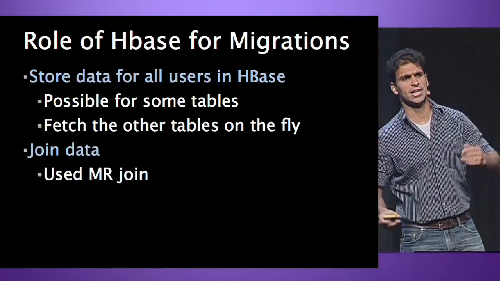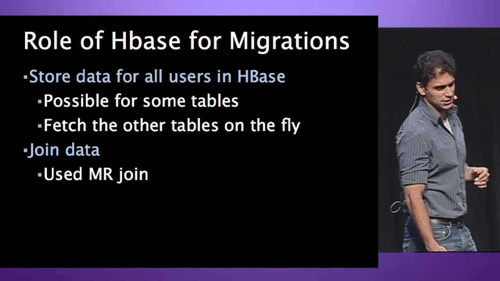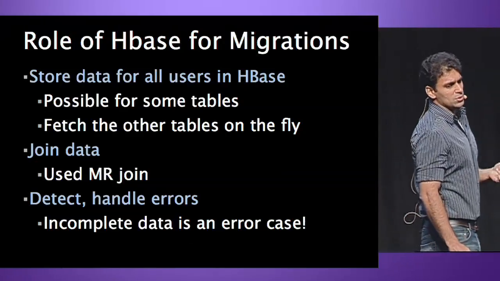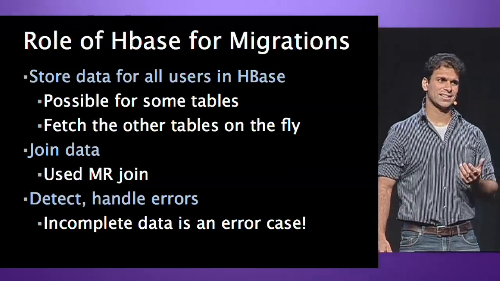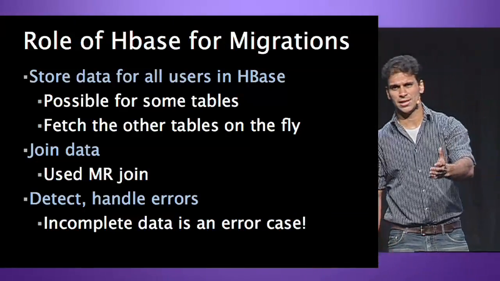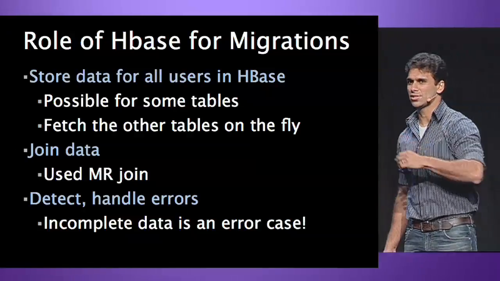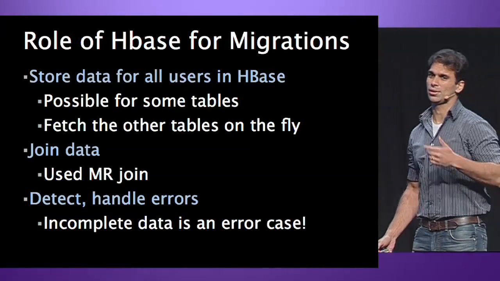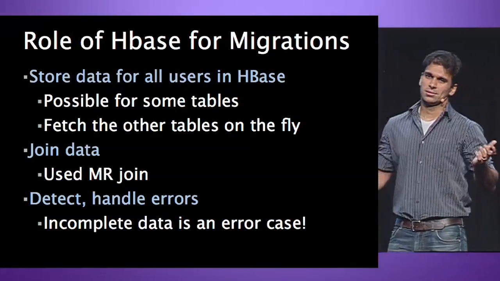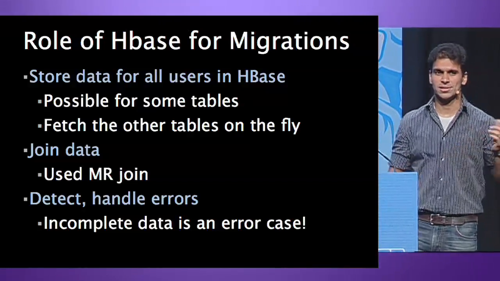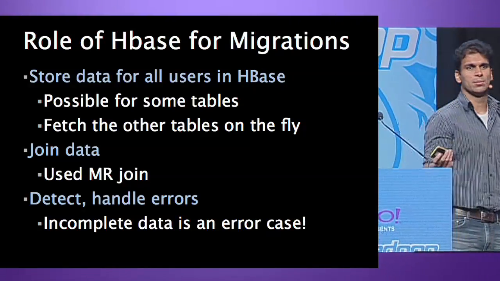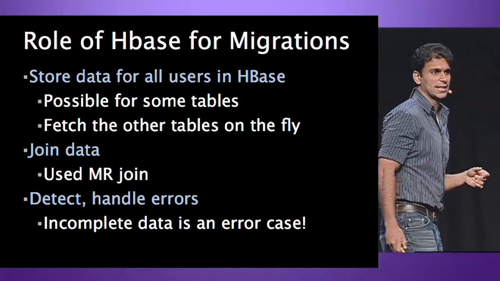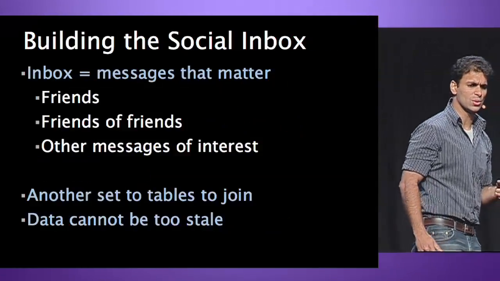And so it's a giant HBase join across two or three HBase tables. And one of the things we had to do was to detect the fact that you may not always get data. So in a previous slide, I was telling you some of the databases could be down, so you could have partial or incomplete data. Well, to us, it may be like a 0.01% occurrence, but to the user, it's like, where are my messages? So, we had to detect that case, fix it, and so on.